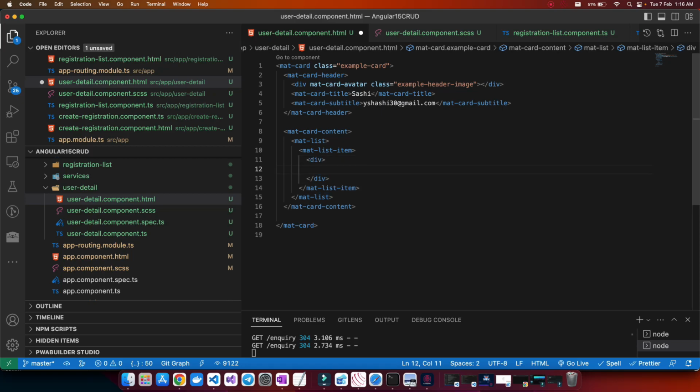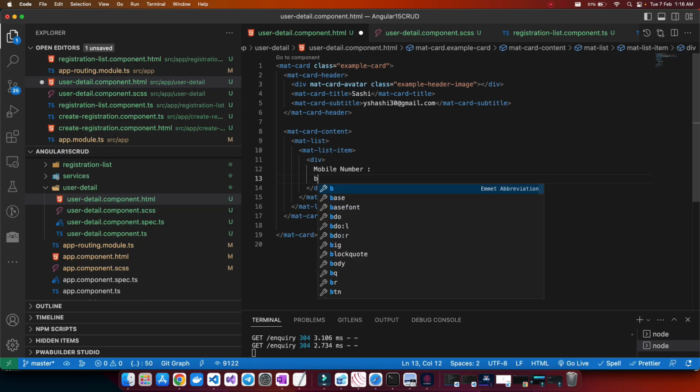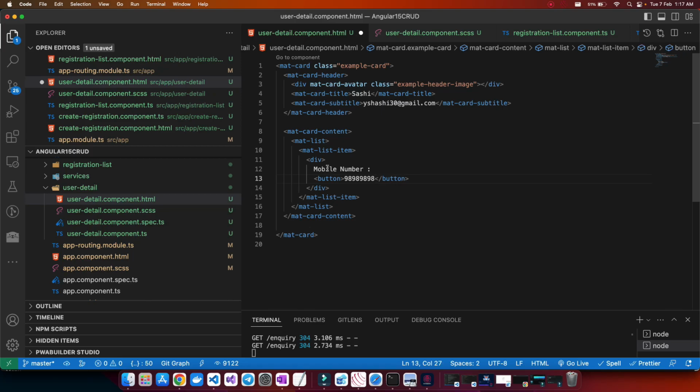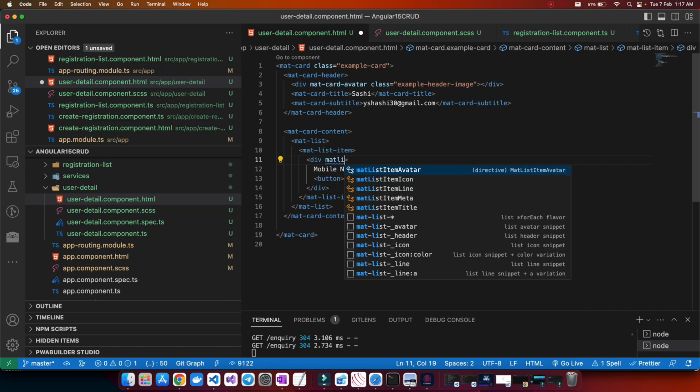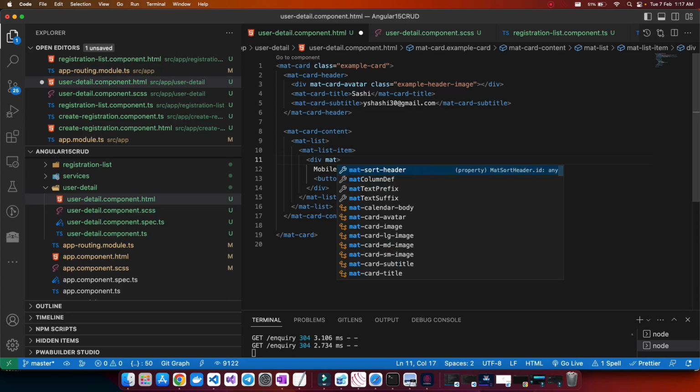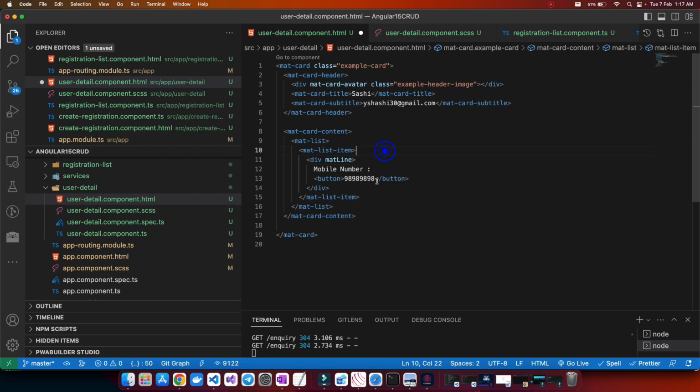And inside the div, you will have your mobile number. Correct. And just below this, you will have the button. And in this button, you can give your mobile number. Now this will be mat line, so we will be using this mat line attribute directive. Basically this is a directive. So now we have mat list, inside that this mat list item, mobile number, and this we can change to mat button,